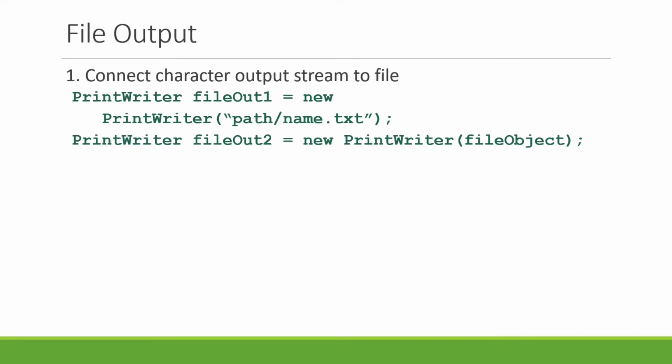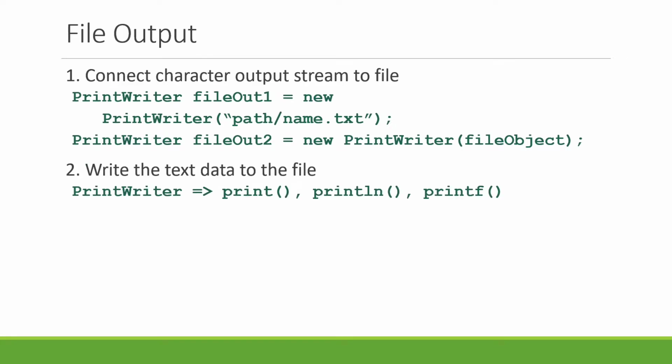Now, once you've connected to your file, however you decide to do it, again, this file doesn't have to exist. If you've got a file that doesn't exist, you're just going to create it. And this code does this for you automatically. If this file does not exist, Java will create it for you. And if your program crashes after this, you'll actually see the data file and it'll have 0 bytes on your file system. Once you've created an output stream to your file, then you actually write the data to